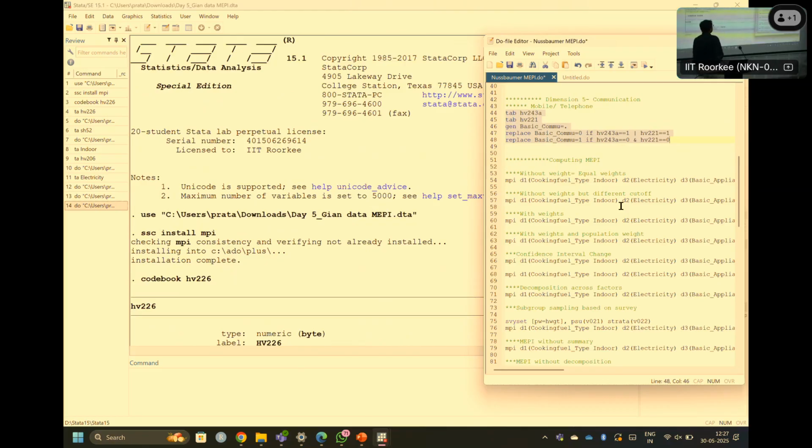While estimating the MEPI through the multidimensional poverty index approach suggested by the OPHI team, we are also utilizing variables from different literature, including Nussbaumer et al.